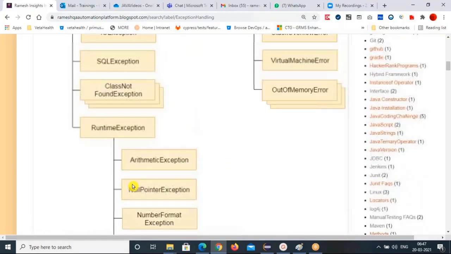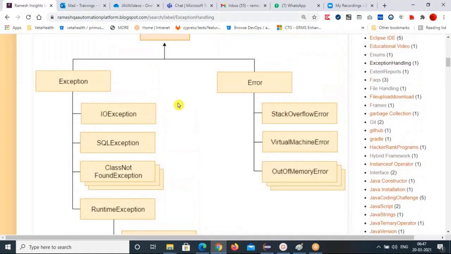These are the runtime exceptions. And the error categories are: StackOverflowError, VirtualMachineError, OutOfMemoryError, and AssertionError. These are the different categories of error.